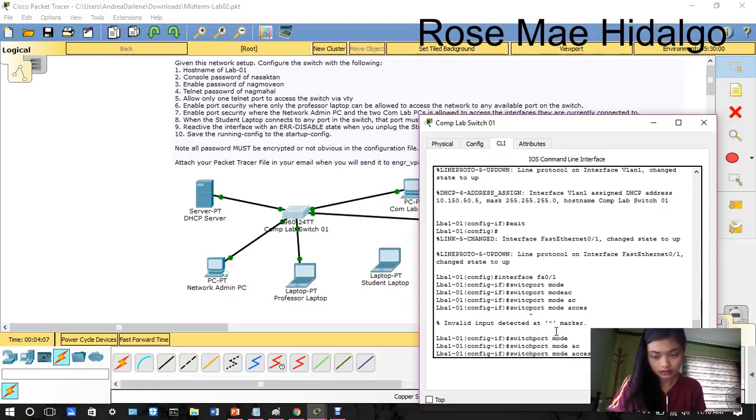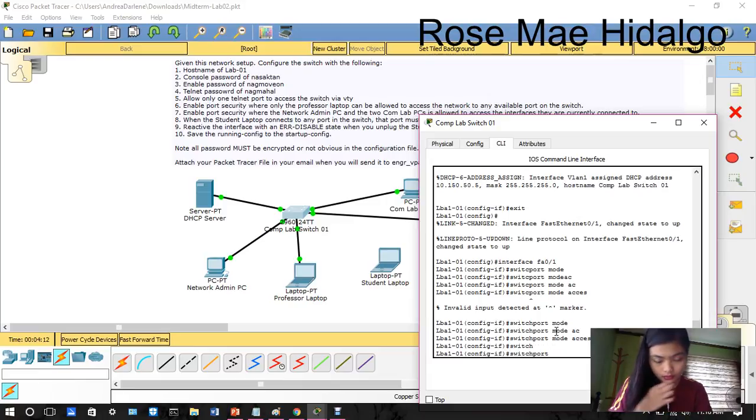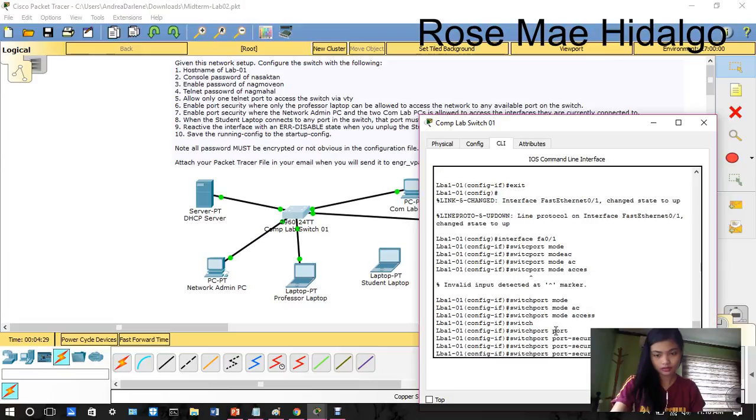Then switchport port-security maximum 1, then enter, then switchport port-security violation shutdown.